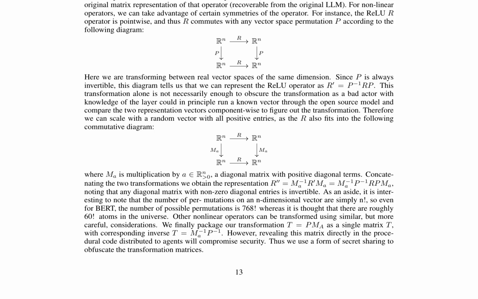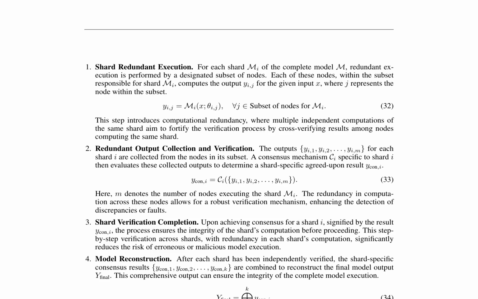To maintain security, secret sharing is employed to obfuscate the transformation matrices. In general inference scenarios, a consensus-based verification check, CBV, is proposed to ensure model verification and integrity. This approach leverages the collective agreement of multiple nodes to ensure correctness and integrity of model execution without revealing sensitive data. Split learning, SL, is employed to maintain data privacy by dividing the model into segments, each trained on different